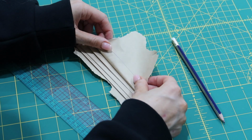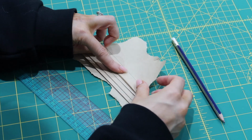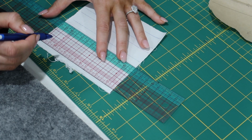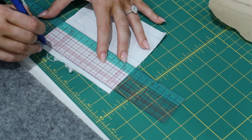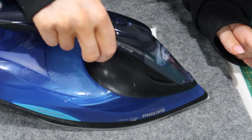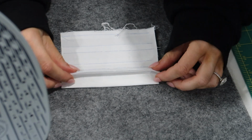Moving on to construction, I decided to get the hard part out of the way first, the pleating. So obviously I mocked this up on some paper and then a scrap piece of fabric to make sure that I had the measurements right. And once I was happy with these measurements and the style of the pleating, I transferred all the measurements onto